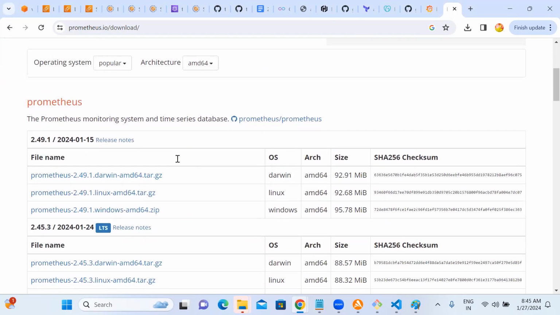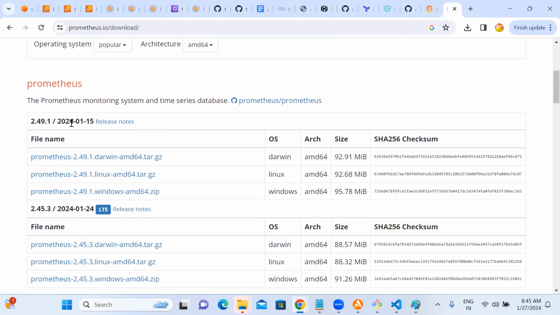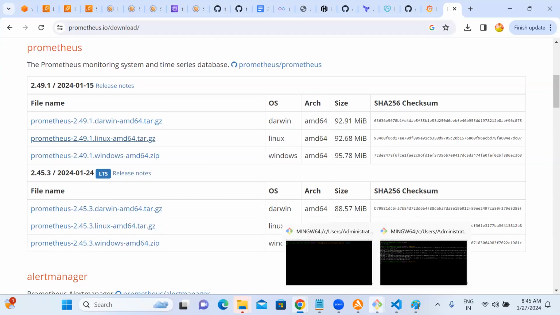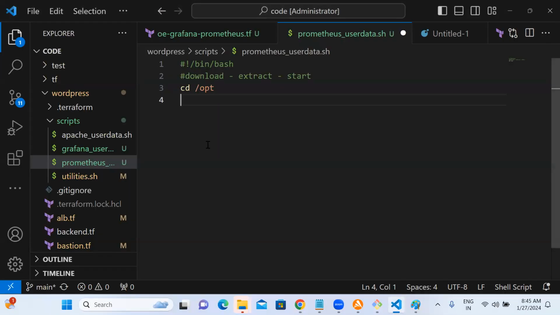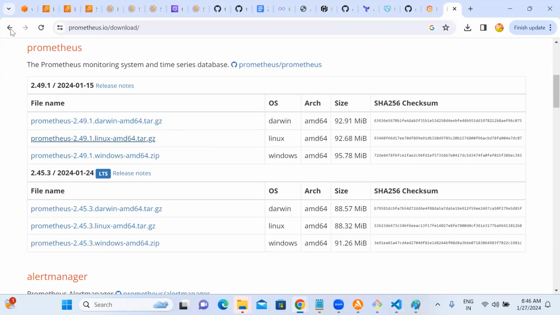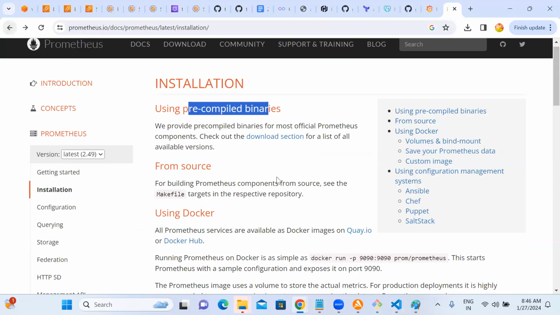With this, AMD 64. This is for Darwin, which is for Apple. Now Prometheus 2.x 24.1. Let me tell you, Prometheus is in the Go language. You see now majority of tools are coming to the market with the Go language because it supports multiple concurrency and so on. So done. Let me go back to the steps if they gave.